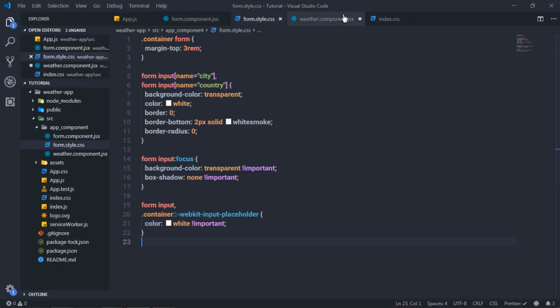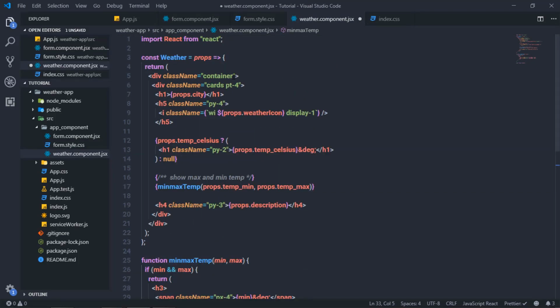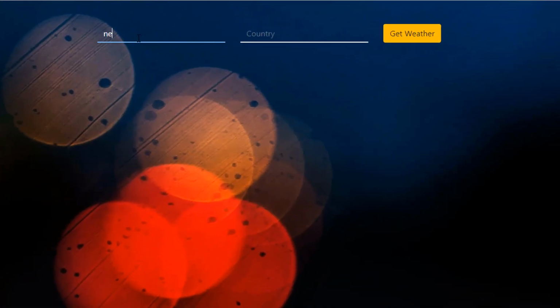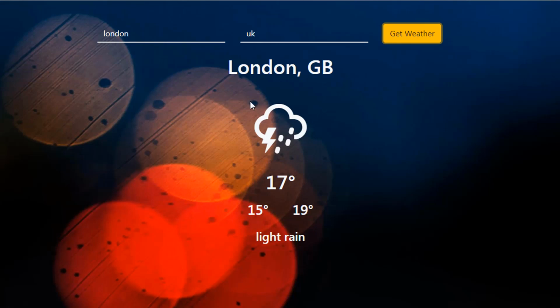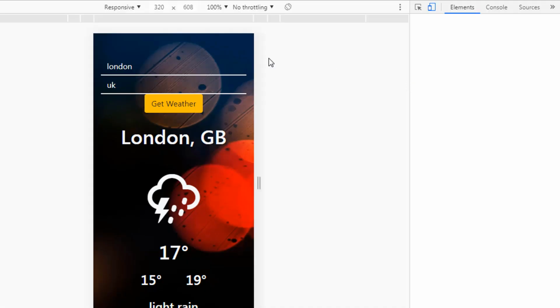So I'm going to open my weather.component file, and to this container, I'm going to say text light. Save the changes, and I'm going to do the same here, New York, and when I press get weather, I'm going to get the weather of New York. And if I want to get the weather of London City, I'm going to say here London, and when I press get weather, I'm going to get the weather of London City. And this application is also responsive, so if you open this application in the mobile version, you're going to get